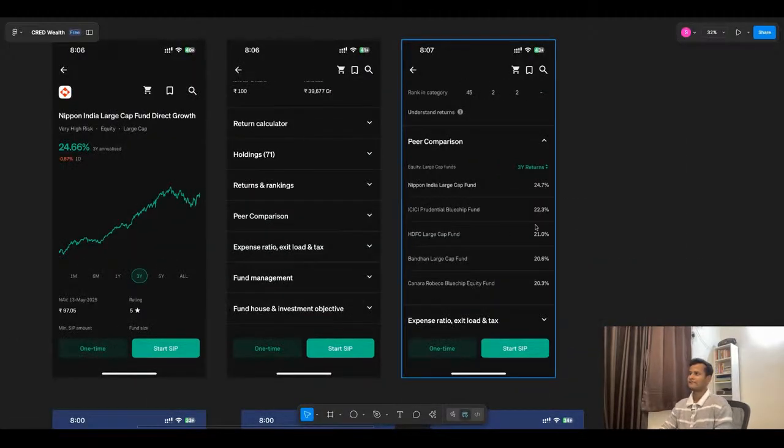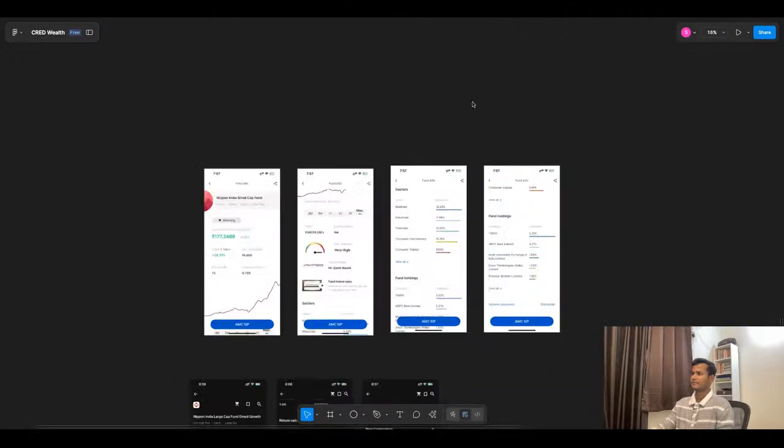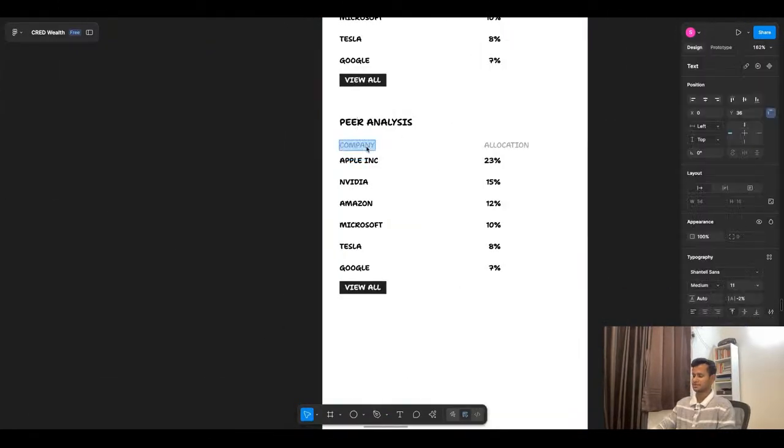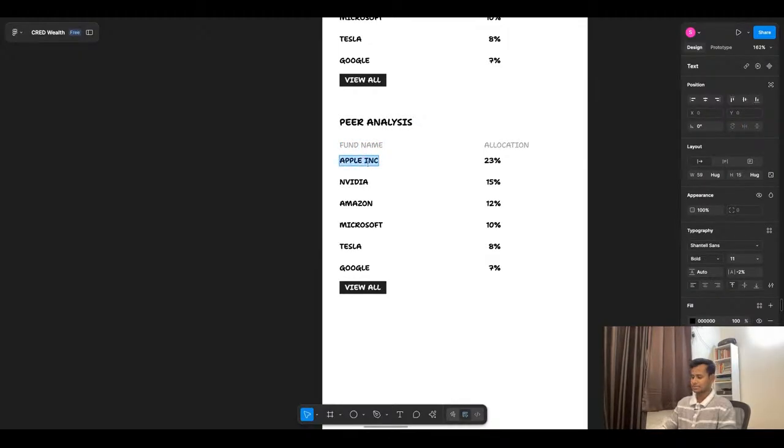Okay, so they have compared this fund to the other funds. Okay, so they have the fund name. So same view, peer analysis, fund name. Let's say this one is this fund,